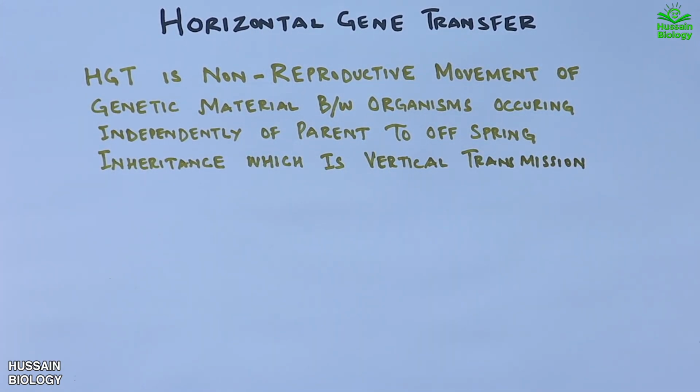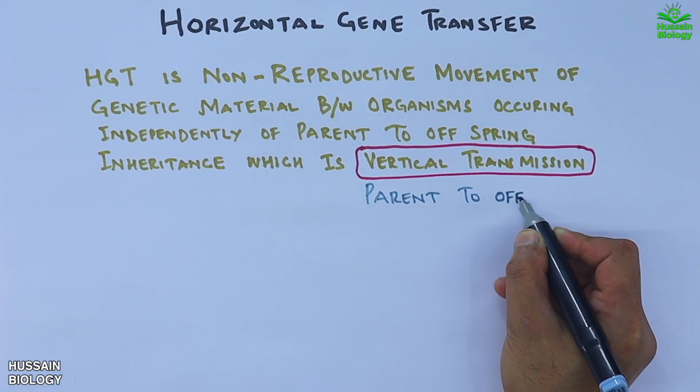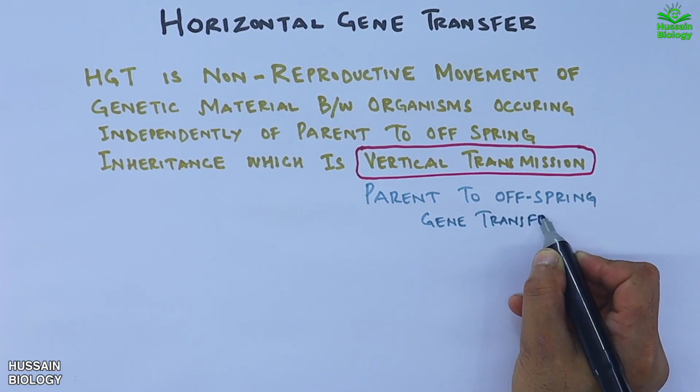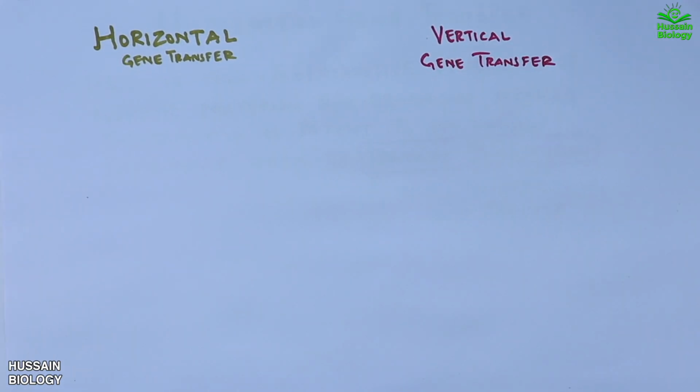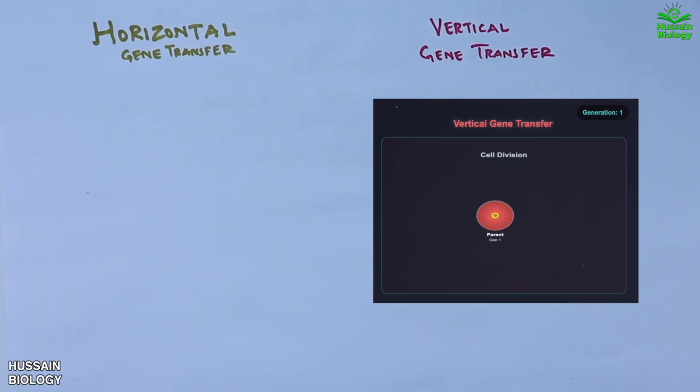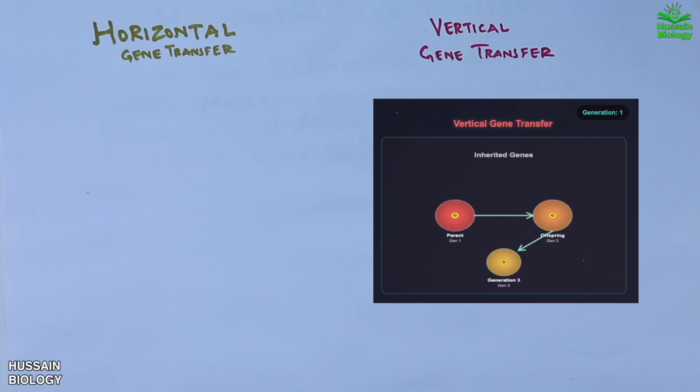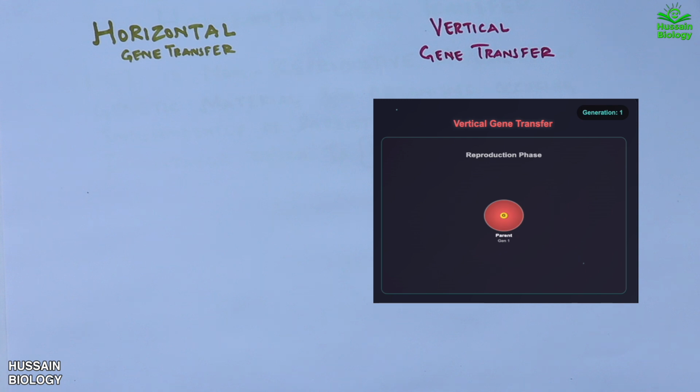So before we dive into horizontal gene transfer, we should first understand what vertical gene transfer is. We see vertical gene transfer as the transmission of genetic information from parent to offspring. Here in this animation, we can see how it happens. We see from parent to offspring there is a transfer of DNA. Within these diagrams, the yellow one depicts the DNA. And this happens in most organisms, whether through sexual reproduction or asexual reproduction, where DNA is passed down along the